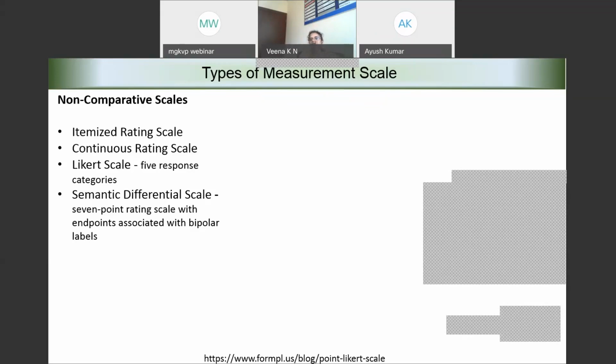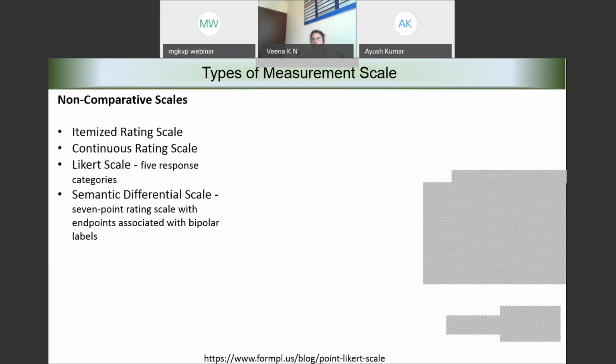I'm neither happy nor unhappy. So I have 1 point extremely to the left, middle, and extremely to the right. And between the middle and the right, between the middle and the left, there could be 2 more points considered. So this type of a scale is called a semantic differential scale.